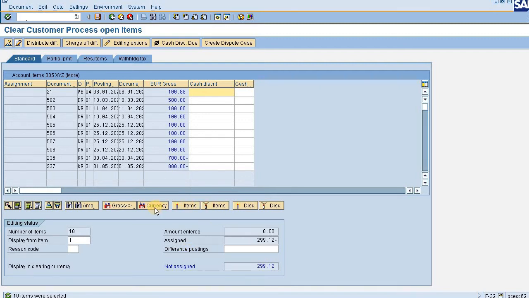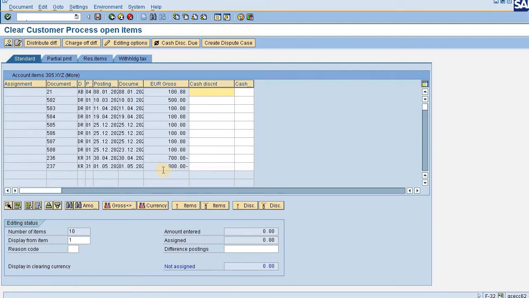Now what I will do here is, I will select all of the items here, I will deactivate all of them first, and here I will pick up some of the matching amounts so that they can be knocked off.